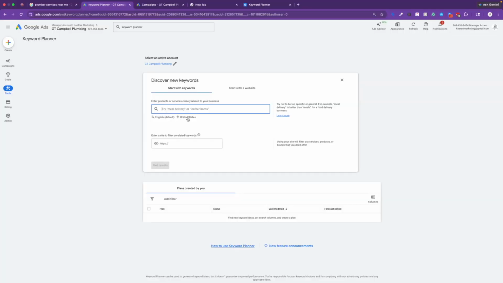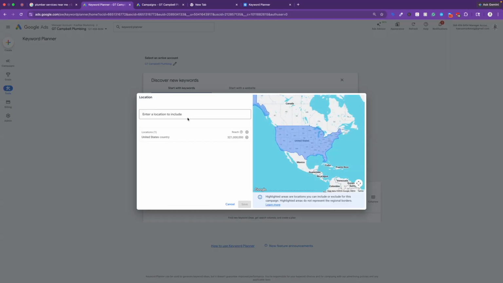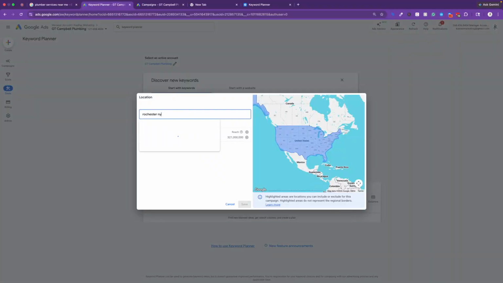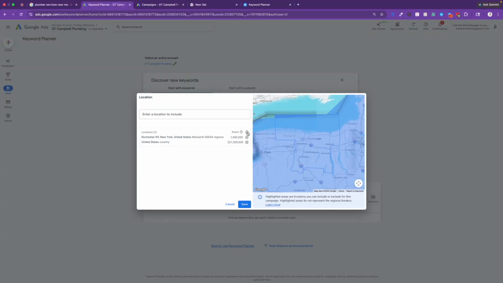The first thing is we want to change the location. With being a plumber, you're localized. We only care about the area you actually can serve. So the United States giving us estimates for the cost per click and the competition is not going to be helpful, because we really only care about maybe the 100 miles that you're willing to travel for a customer, and it may be less. So we're going to use Rochester, New York as our targeting, and we're going to remove United States. So you can see now just Rochester or Monroe County is in blue, and we're going to click